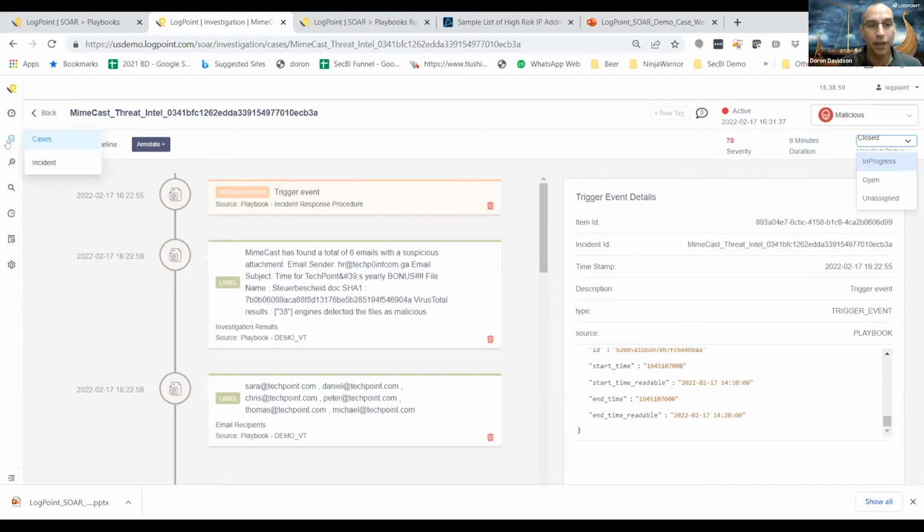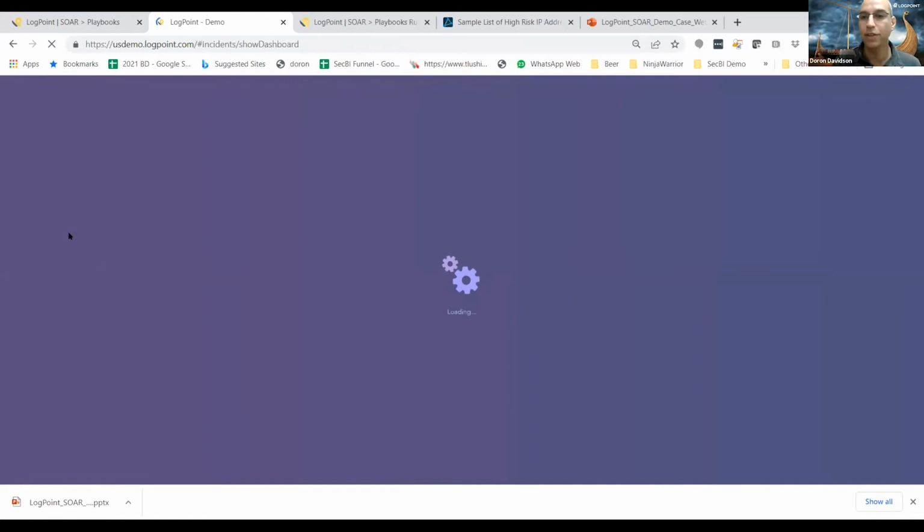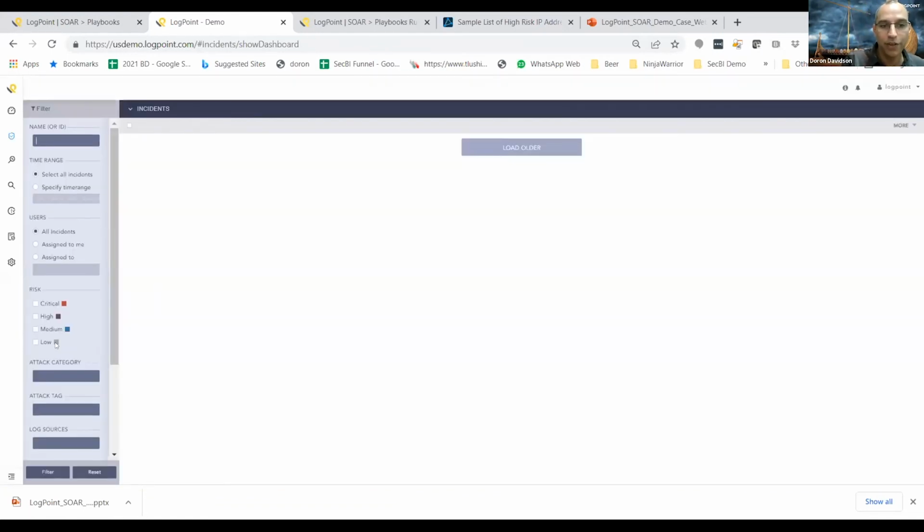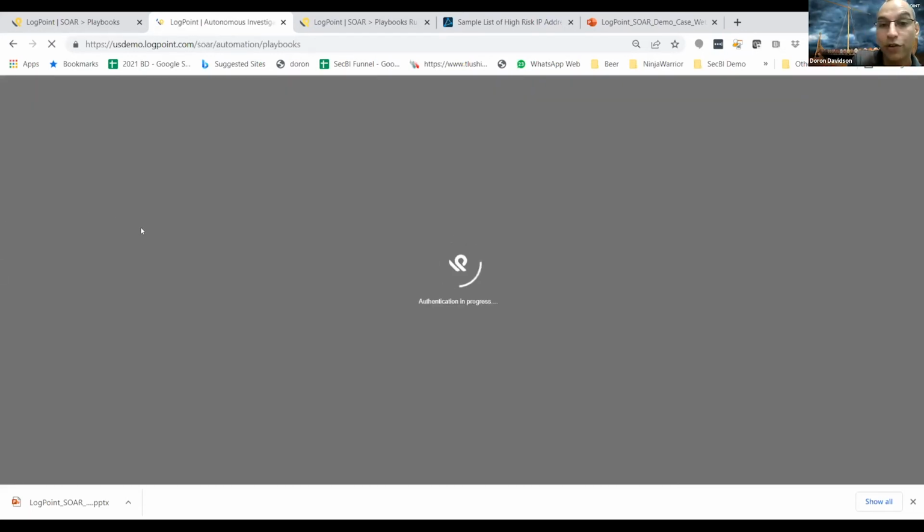So we've seen here that you have the incidents coming from the SIEM itself. Based on these incidents, you can find what is the query or what is the rule that had triggered these specific incidents. Not sure why it's not showing, but it will show in a second. And therefore, based on that, you can then build your own triggers in the system. So when you go to Playbooks,